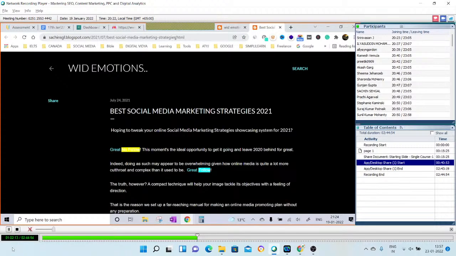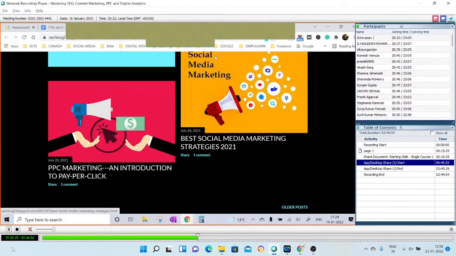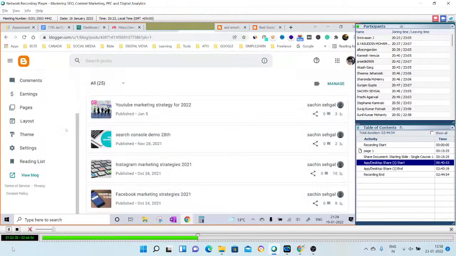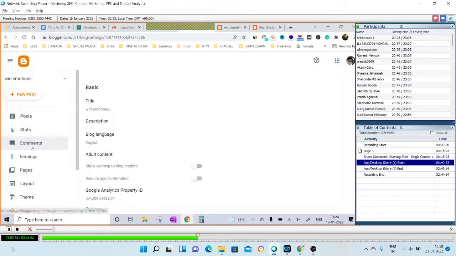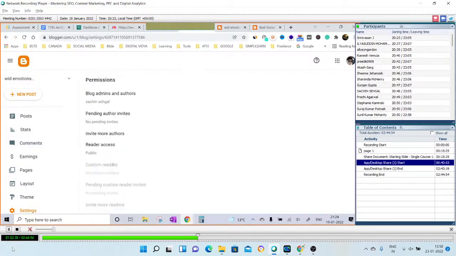What I would do is take the extension of this page. This is the main domain, so that remains the same. We don't have to copy this. We just have to take the name of the page, which is this, and then we go into our blog settings, and from here you just need to find the robots.txt part.